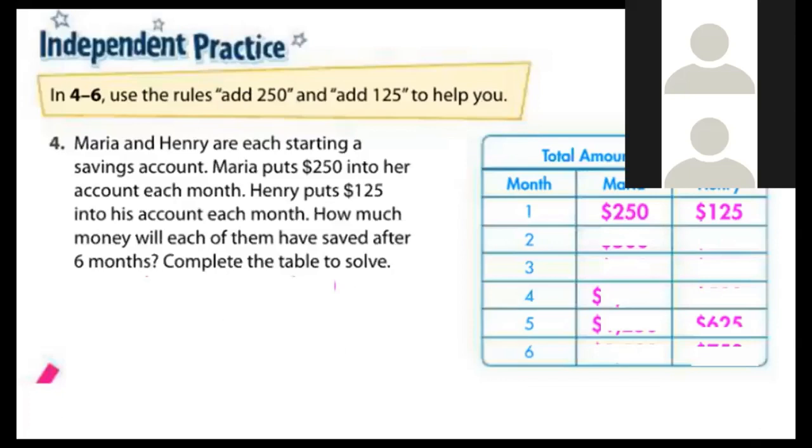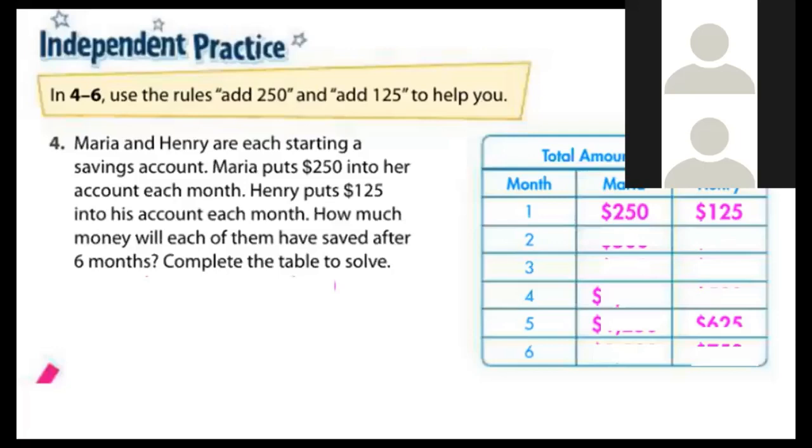Add, don't forget. Please, with your pencil, underline this word. Add 25 and add 125 to help you. Okay, my dear? So you are going to complete the table, to fill the table by using the rule. The rule here means to add